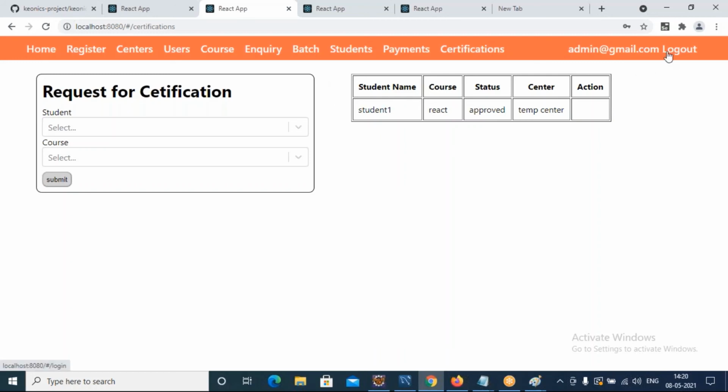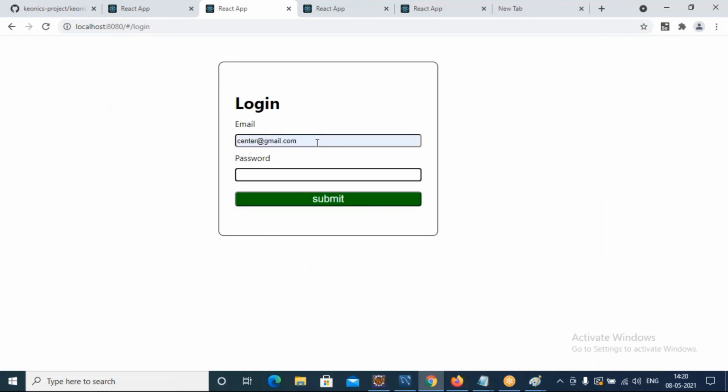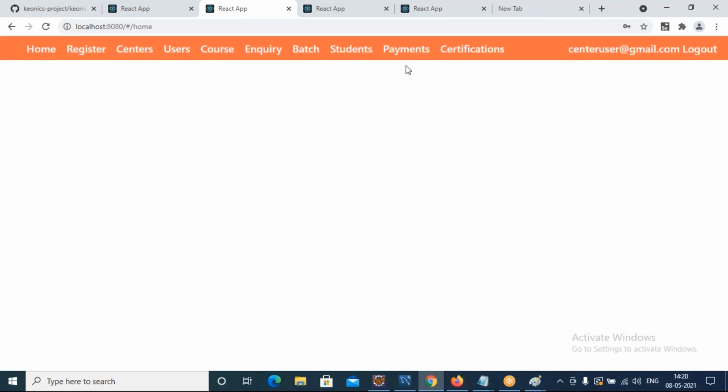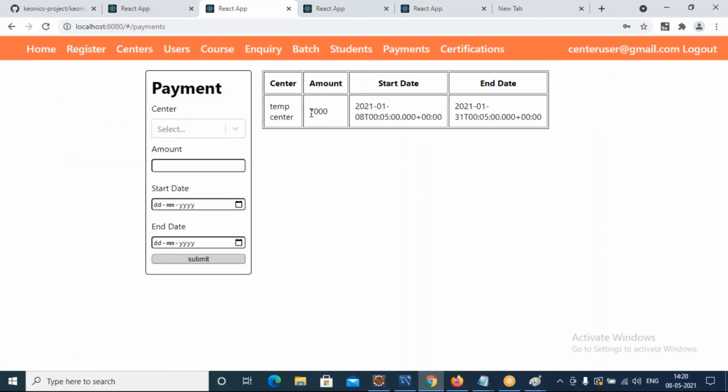If I go back to the center user, he cannot delete it now because the certification has been approved by the government organization. And also the amount got deducted. 3,000 amount has been deducted. It is showing 7,000 amount here.